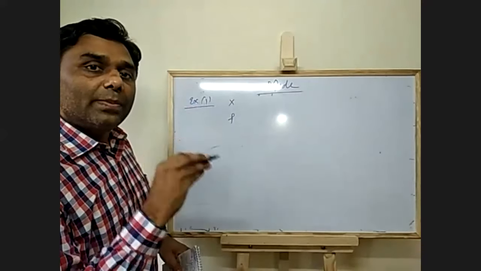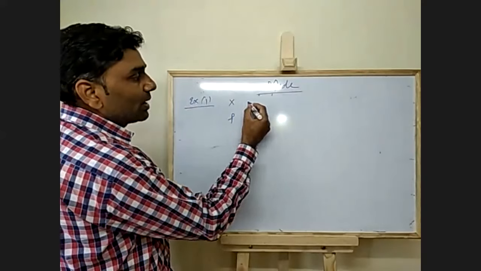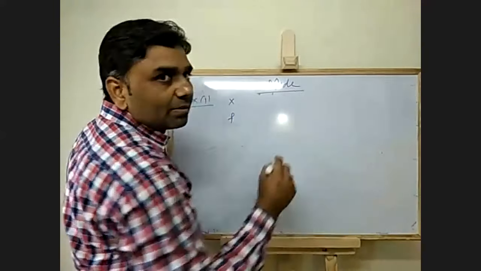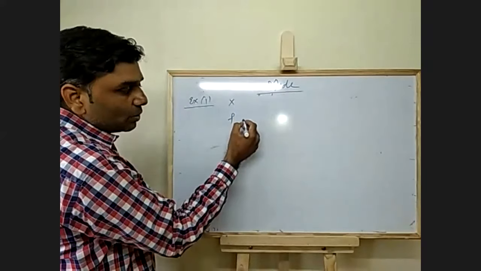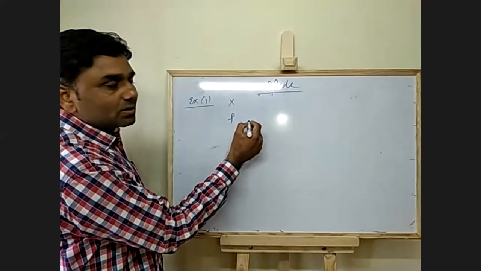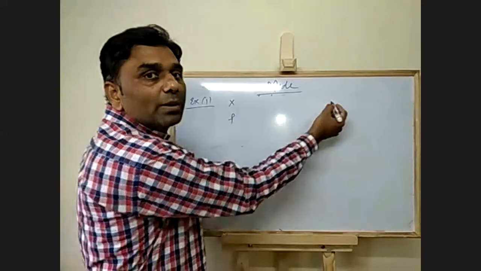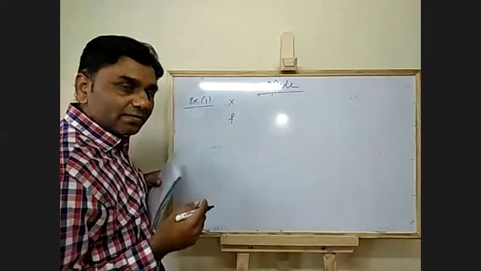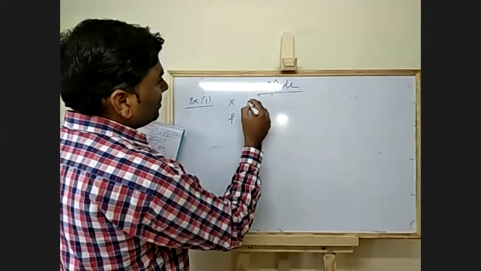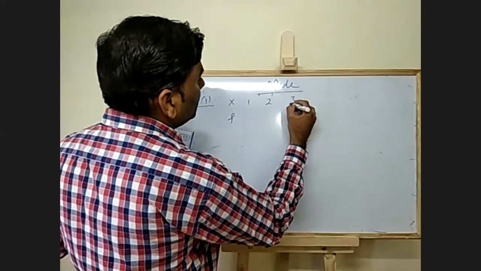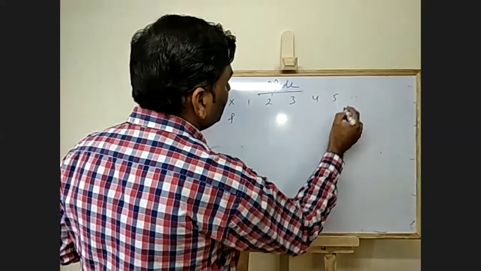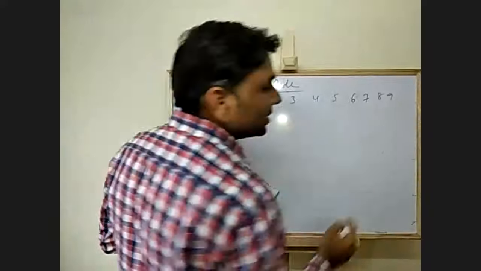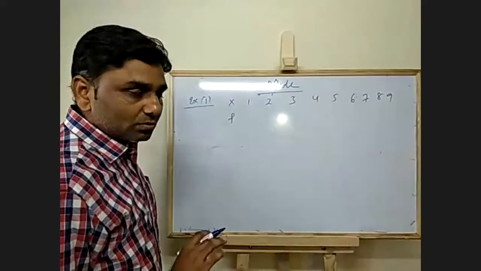How many people scored, in the English subject, 0 marks, 25 marks, 30 marks, 35 marks, 80 marks, 85 marks? Now, how many people have scored 0 marks? How many have scored 25 marks? How many have scored 35 marks? Likewise. So if X and F are given, say X is 1, 2, 3, 4, 5, 6, 7, 8, 9. These are the X values.